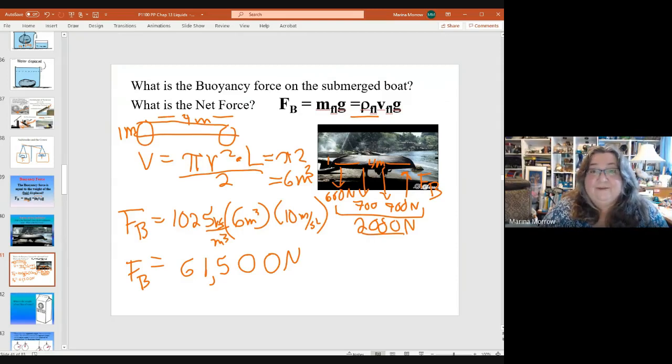So which one's going to win? The buoyancy force. The buoyancy force is huge. And so it is going to push that boat upwards. So it's movie magic. Even if you went back and filled the boat with anvils, it still might not hold it down to the bottom of the ocean. We use boats because the buoyancy force is so big, we can overload them like crazy. If you've ever seen a cargo ship,